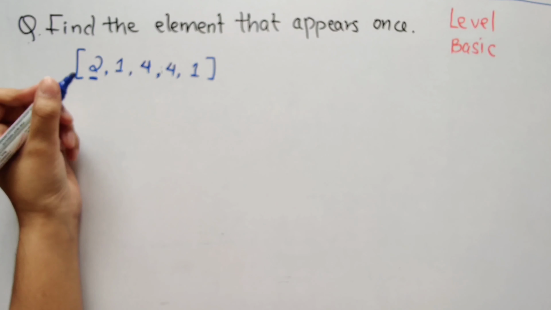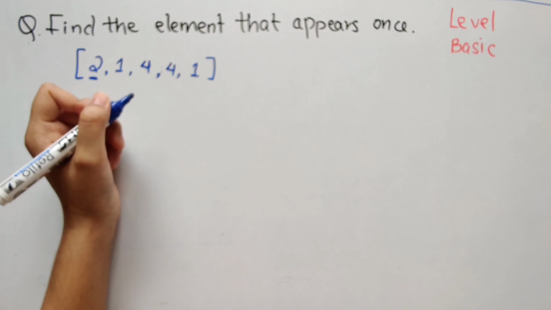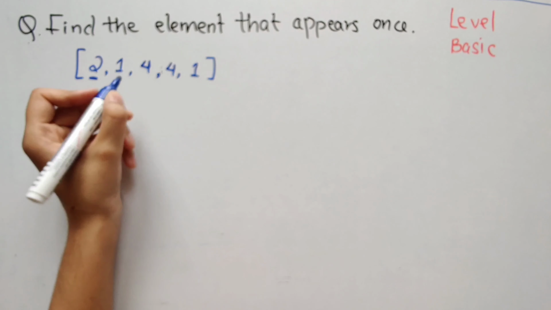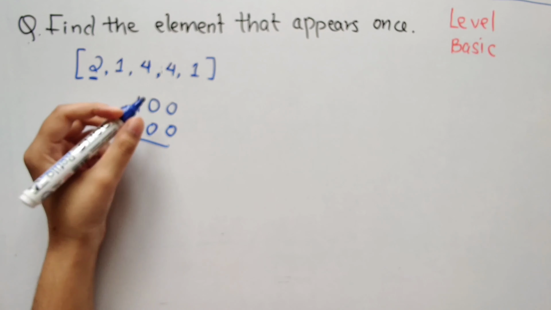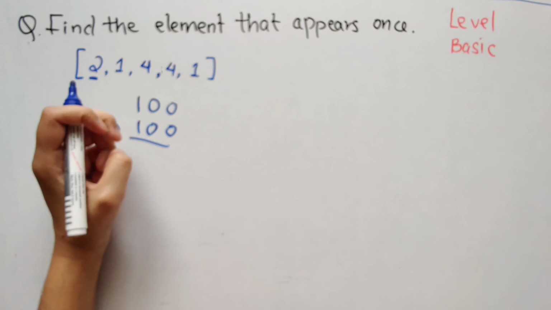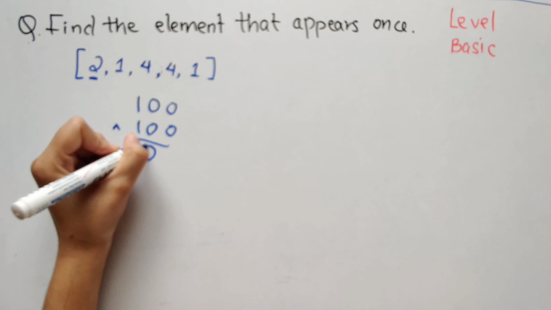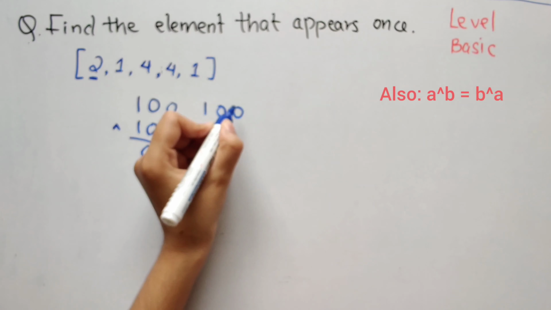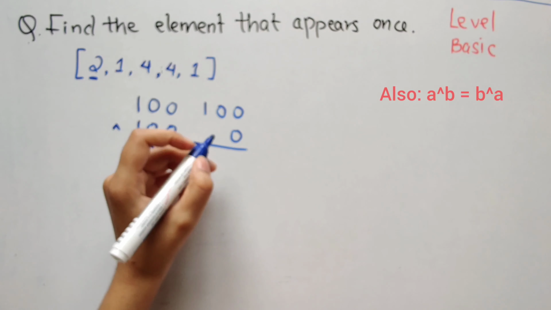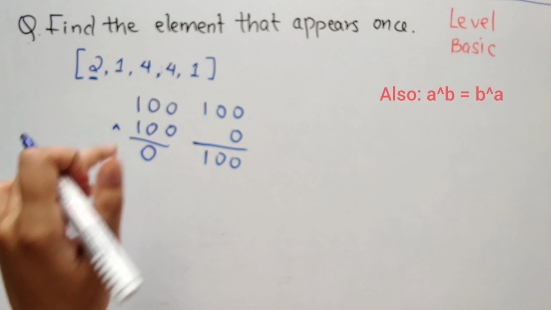So to solve this, we have 2 facts that we can use. One is, when you XOR 2 same numbers, you get 0. For example, 4 is 1, 0, 0 and 1, 0, 0. If I XOR them, we know that XOR gives 1 only when the 2 bits are different, but here everything will be the same, right, because it's the same number. So the XOR result is going to give us 0. Another fact is, whenever you XOR a number, let's say 4 with 0, any number you XOR with 0, you'll get the number itself, right? So we are going to use these 2 facts to solve this problem.